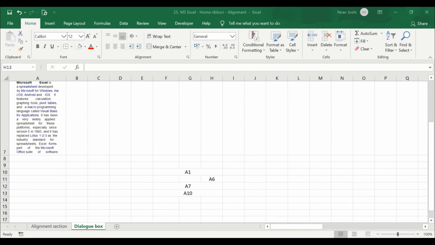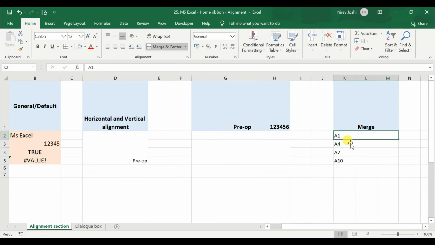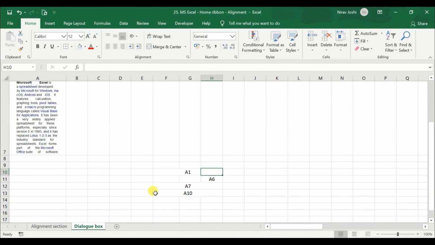Next thing, here the cell structure remains intact. So all these cells are being identified by the actual name like this G10 or H10. So the cell structure has not changed and has not been merged into the identification of a single cell, which is not being observed in this merged cell option. So here the whole 3 cells are being merged and identified by the upper left or the most left cell. So this will be useful when you are entering some data in this afterwards. So it will readjust the data.